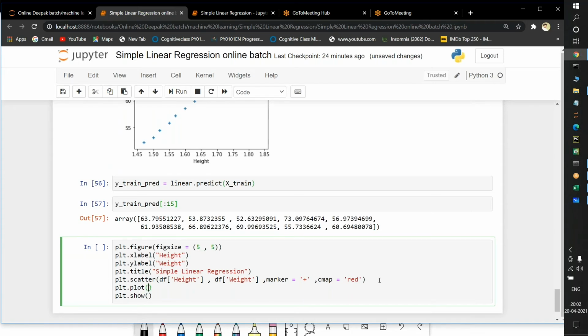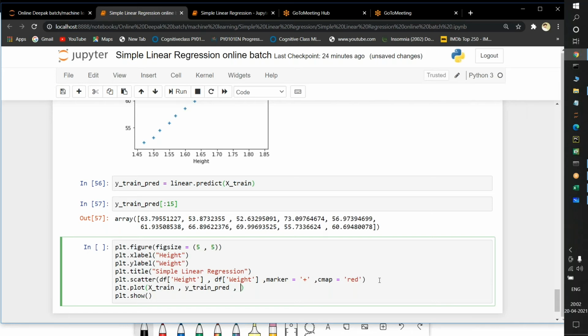I can plot with respect to X-train, as well as with respect to Y-train prediction. So I can pass here X-train and Y-train prediction.